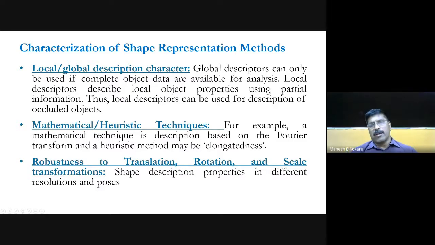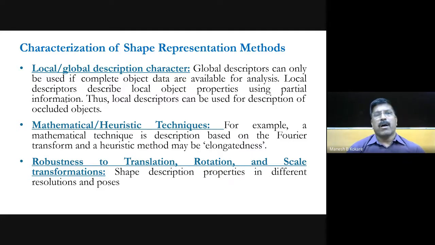If the object is occluded, you can use the local method: extract the feature from some portion, then from another portion, and so on. Then you can predict what will be the central portion which is occluded by this object.